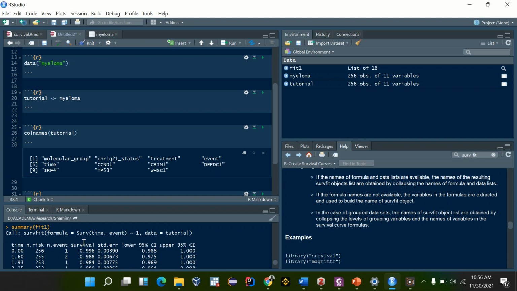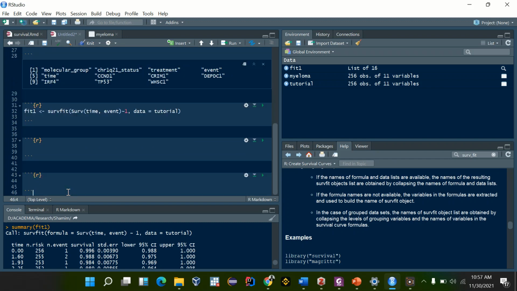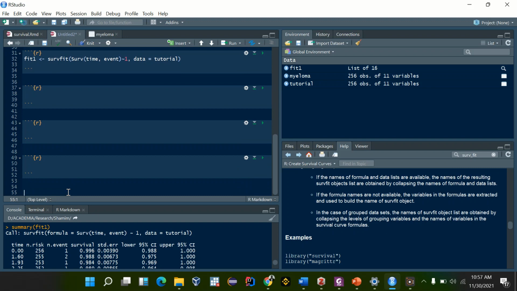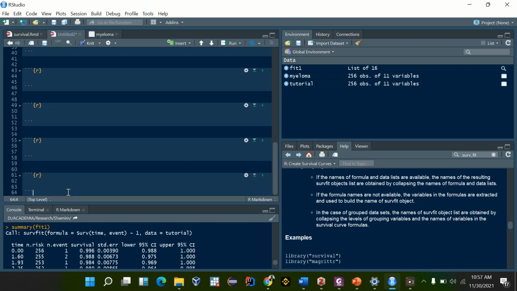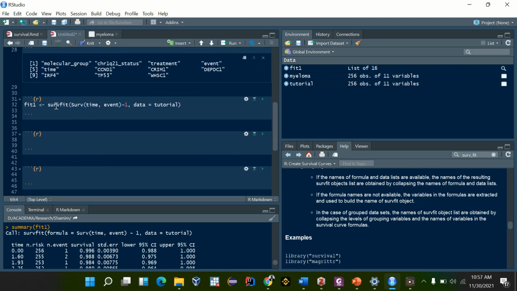So we want to plot this. We are going to plot the survival probabilities versus the time. So in order to plot that, let's first go ahead and get more of this. So in order to plot this into a Kaplan Meier survival curve, in order to plot survival versus time,